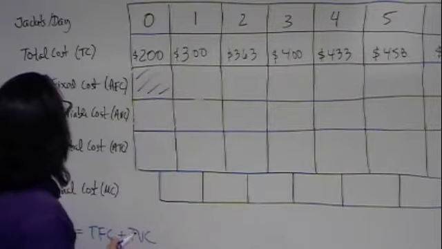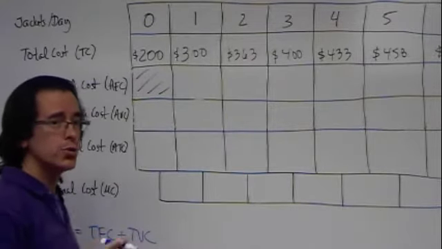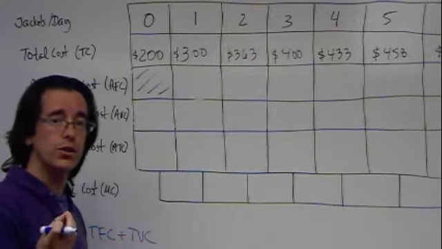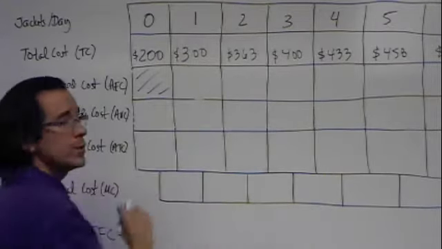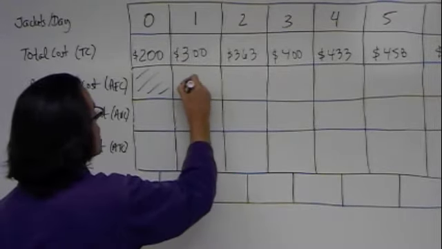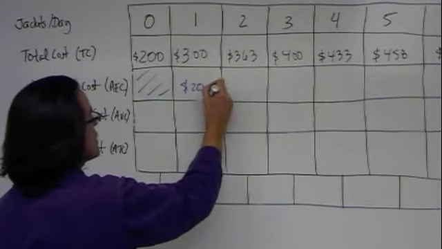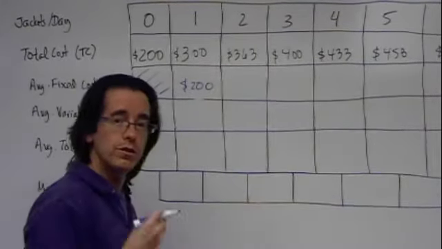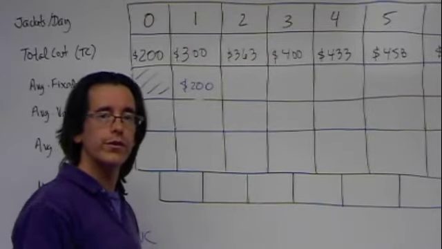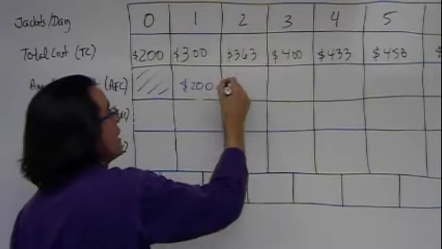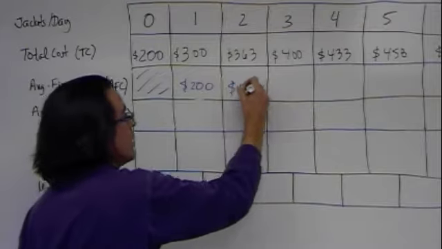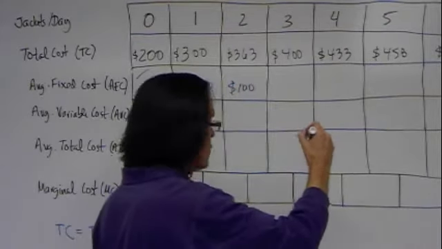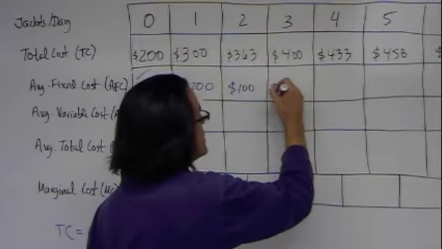When we have 1 jacket per day, we're dividing the total fixed cost, 200, by the number of jackets, which is 1. So our average fixed cost is 200. We go up to 2. Our total fixed cost is still 200. So 200 divided by 2 is 100. And if we throw in a couple more, we do the division,